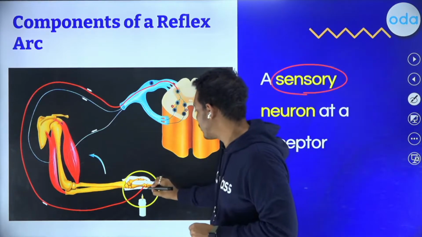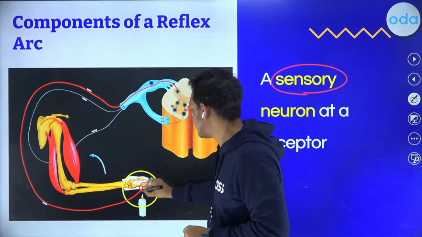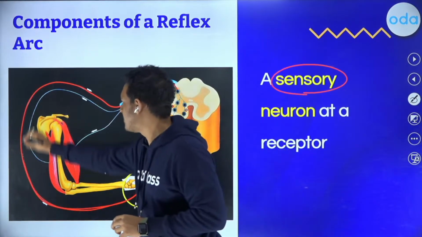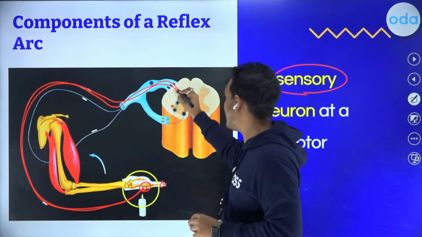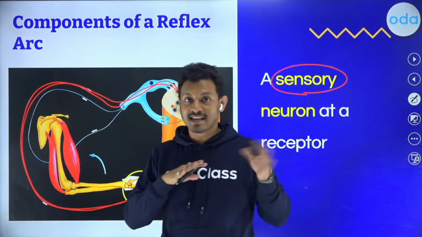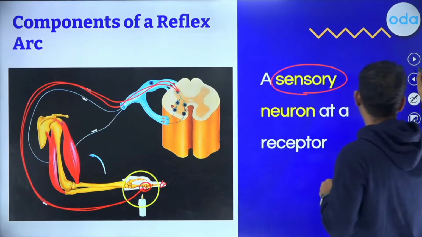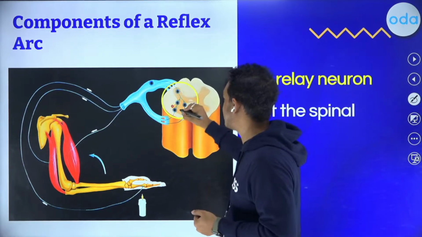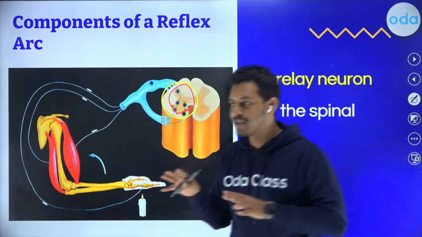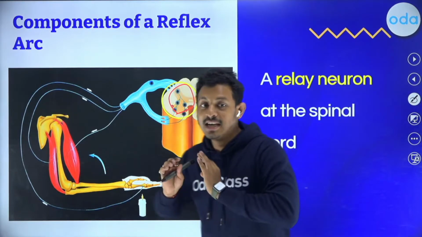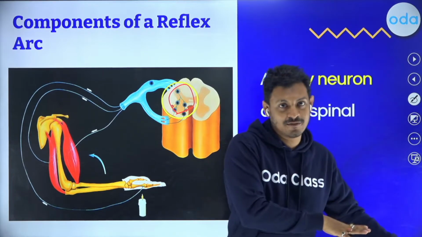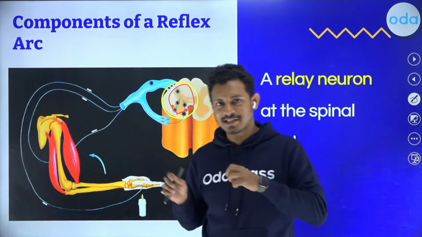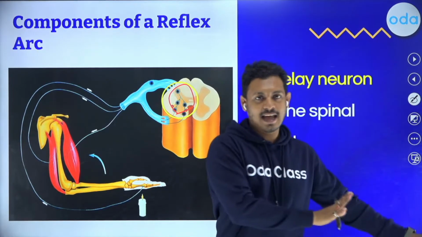Right here, you can see this red dot. For example, here the sensory neuron is connected to my hand, and it's taking that entire experience of burning my hand to my spinal cord, taking the information in. The second element in a reflex arc is the relay station. Somebody has to bridge between the person collecting the information and the person who is going to carry forward the order based on that information. Data collection, interpretation, and then action.